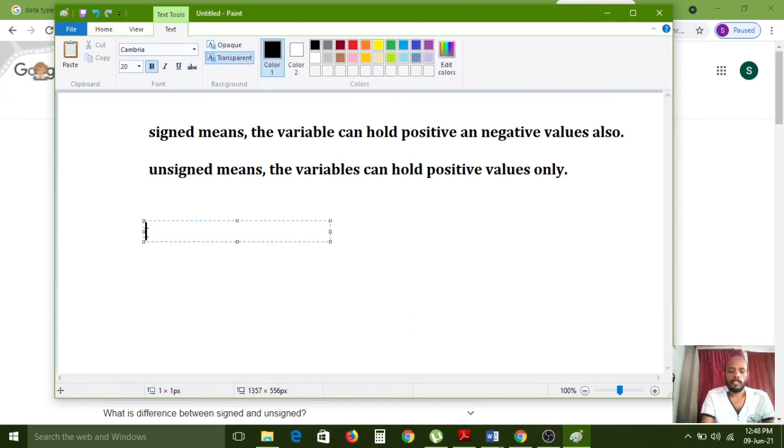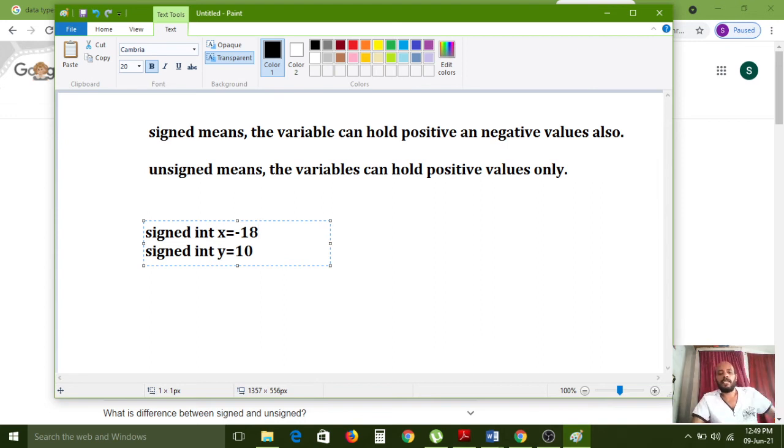Now I am using signed int x equal to -18, and signed int y equal to 10, a positive value. First I assigned a negative value, second I assigned a positive value.